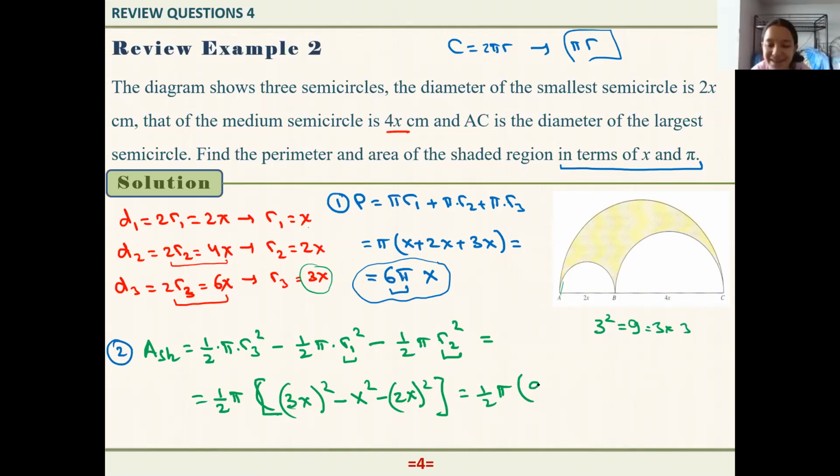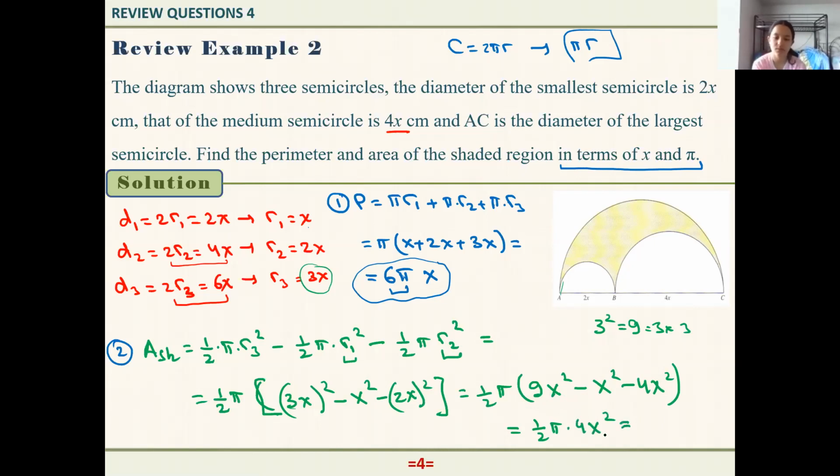So that is 9x squared minus x squared minus, what is 2x squared? 2 squared, 2 times 2, what is 2 times 2? 4x squared. Equals 1 over 2 pi, 9x squared minus x squared, 8x squared, 8x squared minus 4x squared, that is